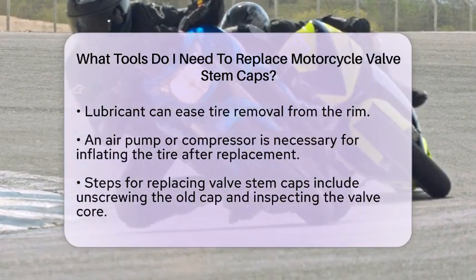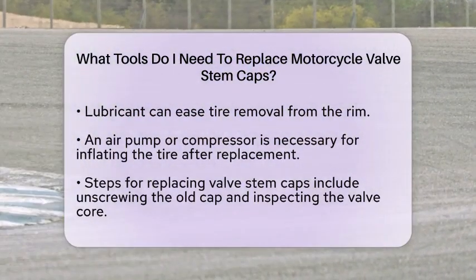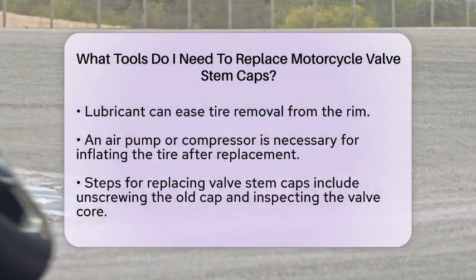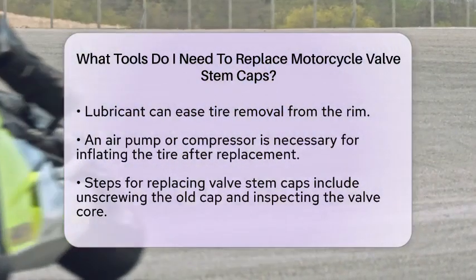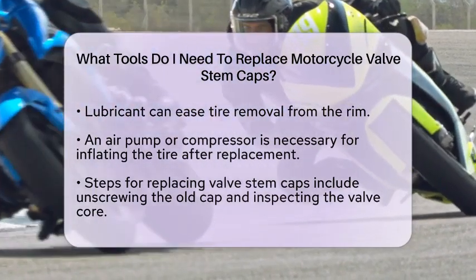Now, let's go through the practical steps for replacing the valve stem caps. Start by unscrewing the old valve stem cap by hand. Take a moment to inspect the valve core for any damage or leaks. Next, screw on the new valve stem cap by hand until it is snug. If you are using a valve stem cap with a built-in core remover, you can remove and reinstall the valve